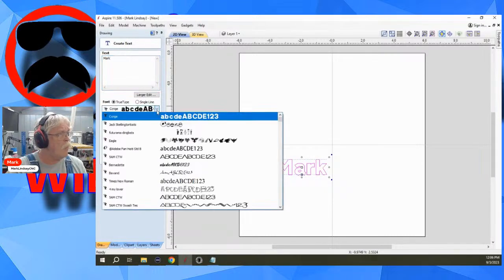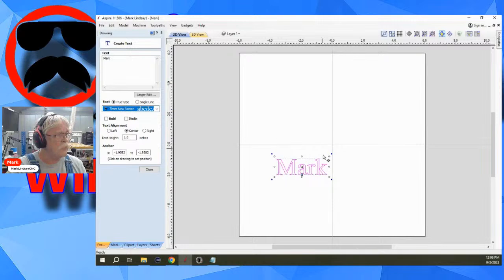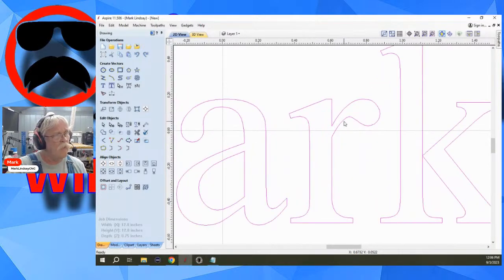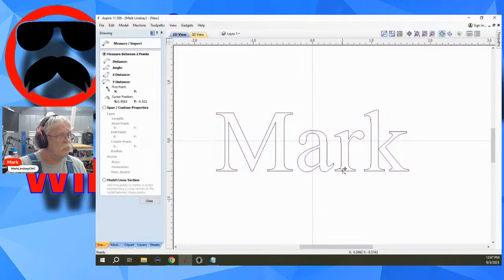And what I try to do is stay away. For instance, let's go with Times New Roman. I try to stay away from fonts that are going to leave little thin areas here. Because with a height of 1 inch, and remember, that 1 inch is the tallest part of the tallest letter. It's not an average. So when we're looking at this, if I go from here in the center of this R up to the tallest point, we're looking at